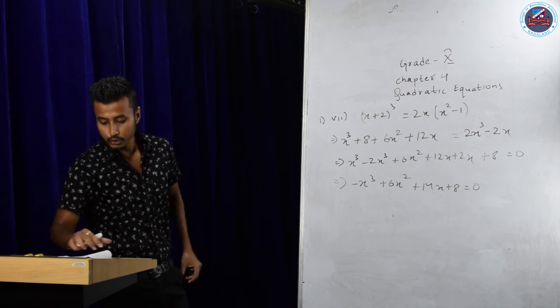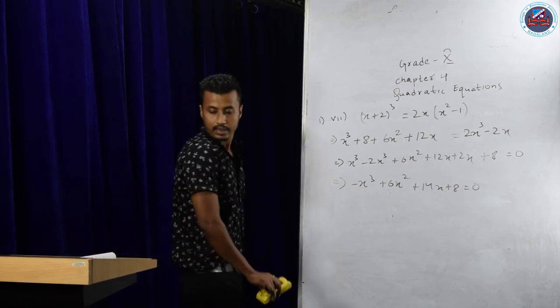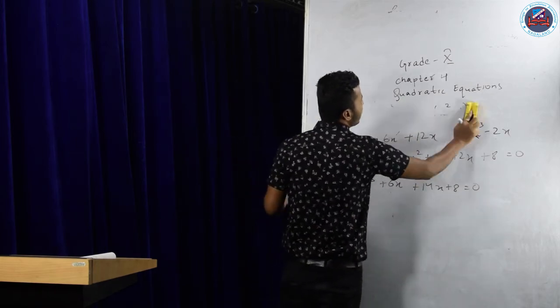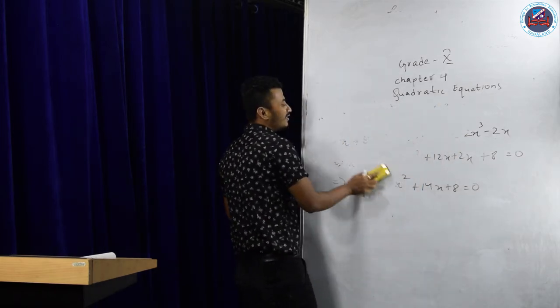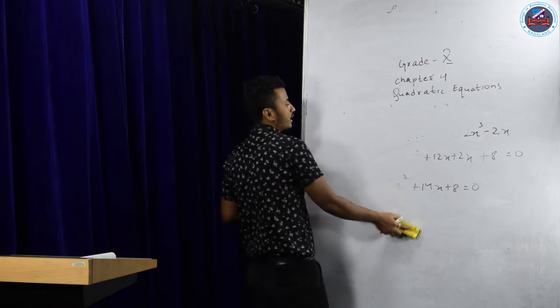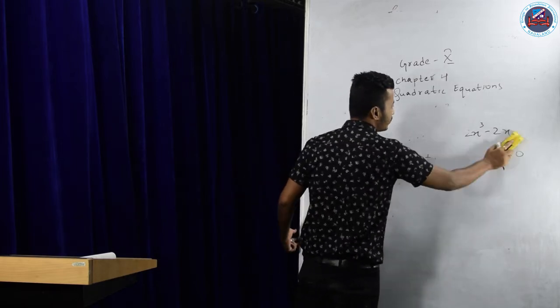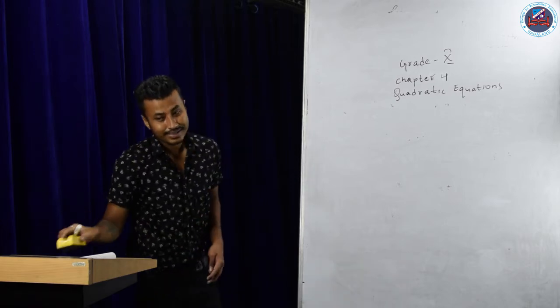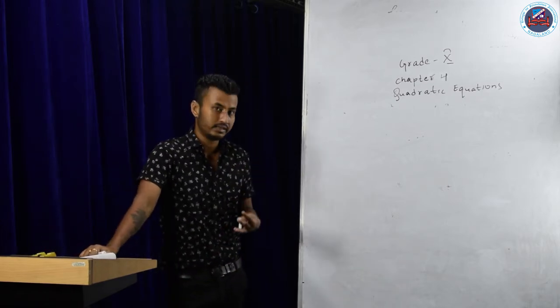Let's go to question number 2. Exercise 4.1, question number 2. See guys, in this chapter there are 2 types of problems. One is a word problem, which is extremely important. Your highest value questions, that is 3-mark questions, will come from your word problems. Now word problems, it's not quite as simple as you think it is.